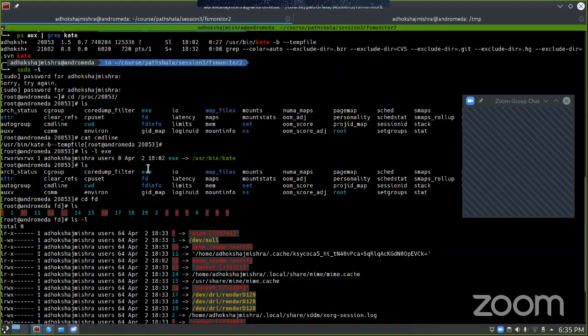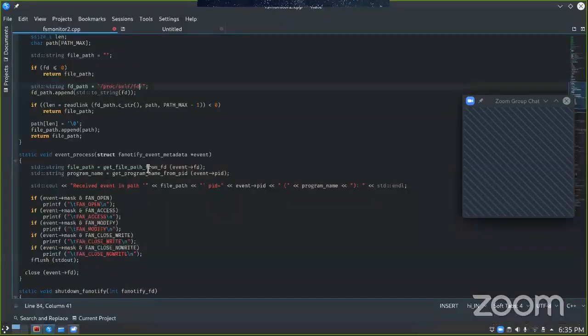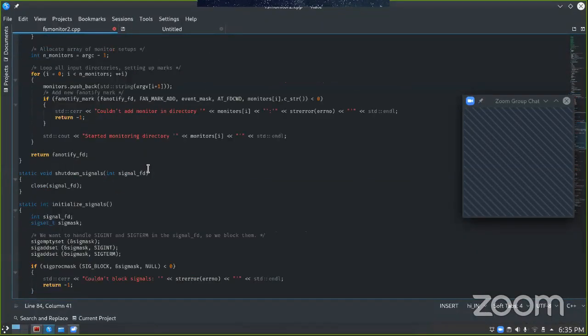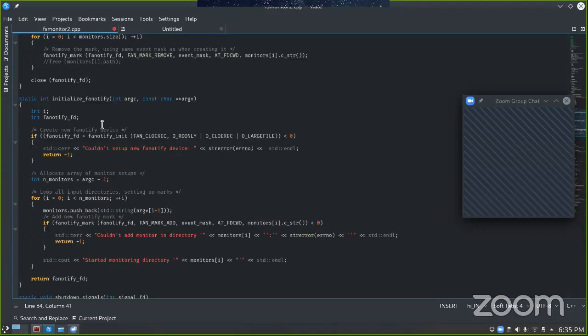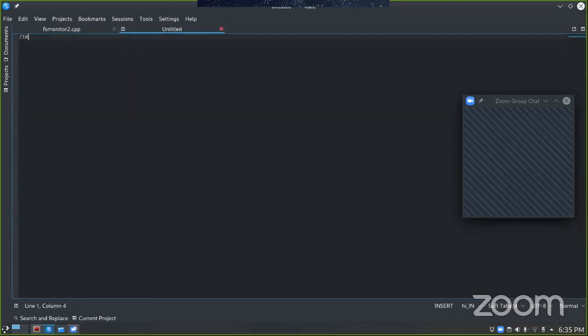So once we have this part ready, it is again very simple, just like the previous code. We start from initialization. For that we do fanotify_init, and we pass all the required flags here. Then again we can set up this fanotify for as many directories as we want. But now the only catch is that if I want to monitor something like this,